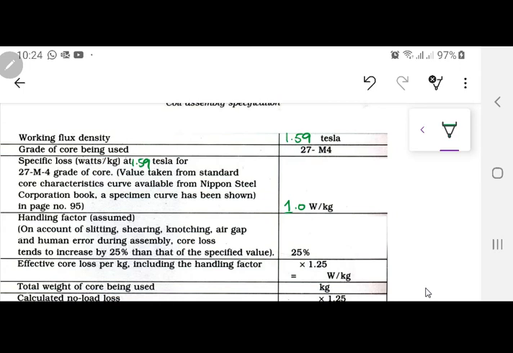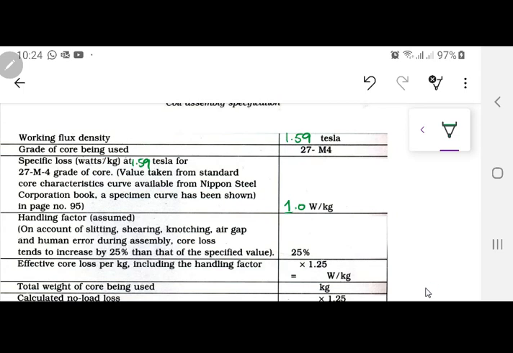So this 25% may be true also in some cases if your workmanship or your cutting is not done by laser. Sadly in Pakistan, only for power transformers, 1 or 2 companies are doing laser cut M4 sheets or whatever they are using, CRGO steel. Practically they only have die cutting sheets. If you put a die, they press it, so you are putting stress on the sheet. If you are laser cutting it, you are not putting stress. You are just asking the laser to engrave it. But still, there can be some factors.